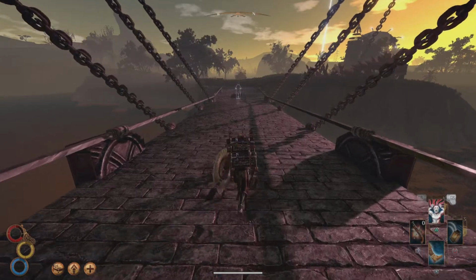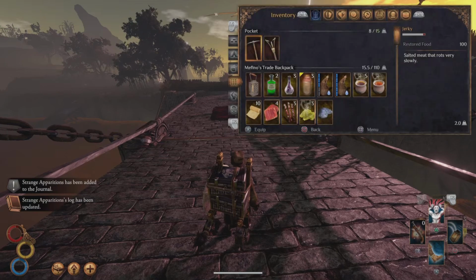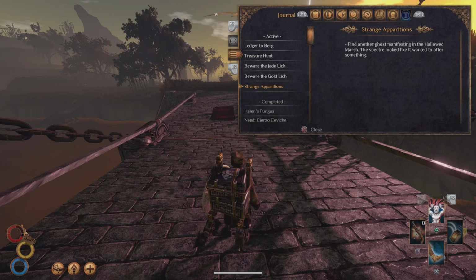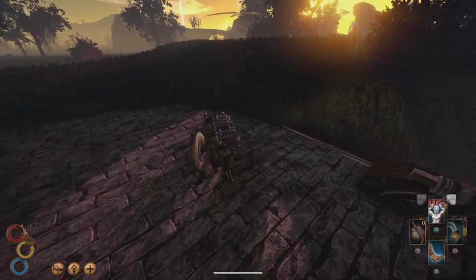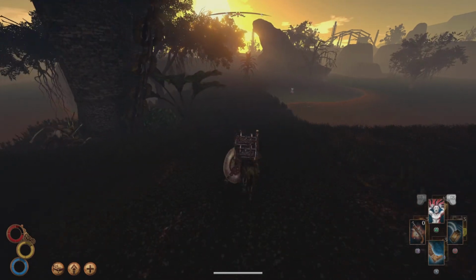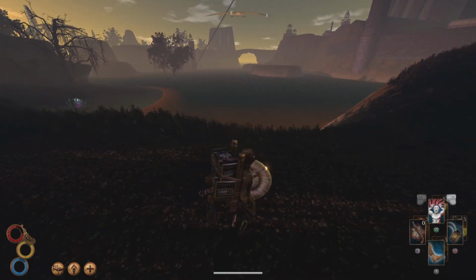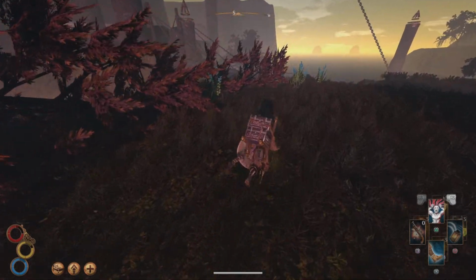And let's head on towards this creature, towards the specter. Strange apparitions. Find another ghost manifesting in the hallowed marsh. The specter looked like it wanted to offer something. Okay, so this is a very easy quest. It's basically just running to a few specific locations. One of them can be reached by heading sort of north here, northeast. But before we tackle this quest, there's something else I need to do,